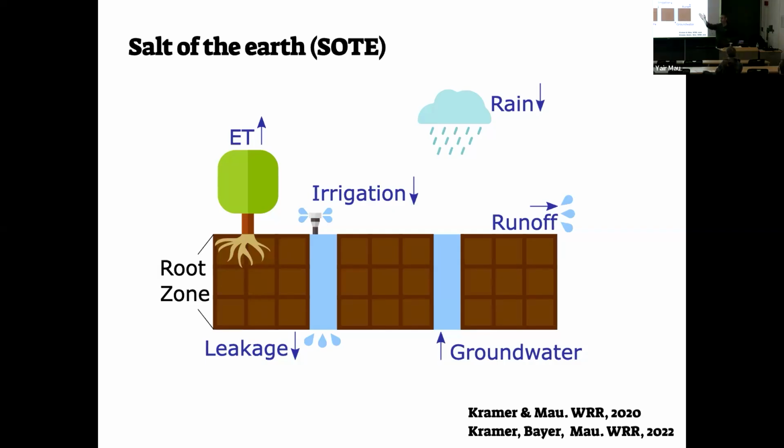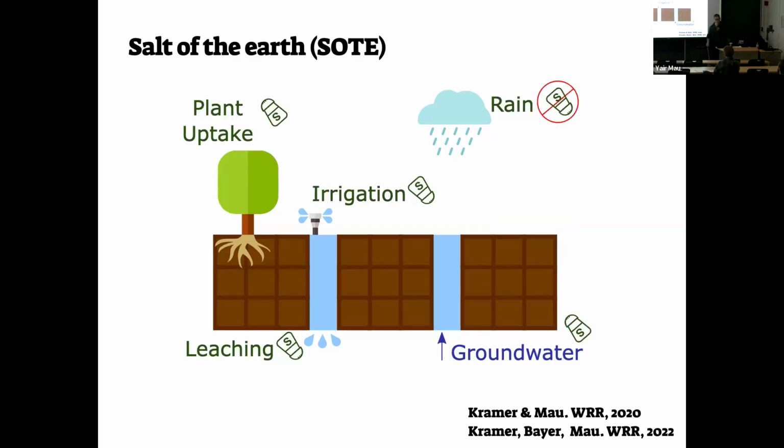Well, what the word model can mean many things. In this context, we wrote three ordinary differential equations, and they are all coupled. The first equation is a water balance equation. We have water coming into the soil system, either from irrigation or rainfall, and water can go out through evapotranspiration, leakage, or it can come also from below, from groundwater, and can go out through runoff. So we have one equation for the balance of water.